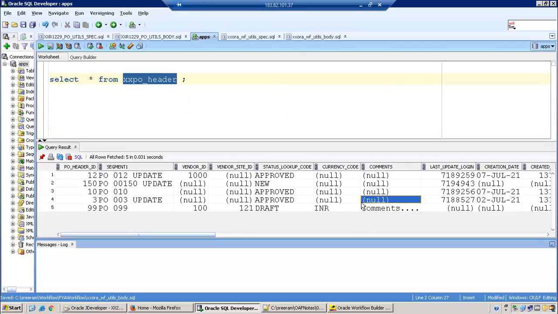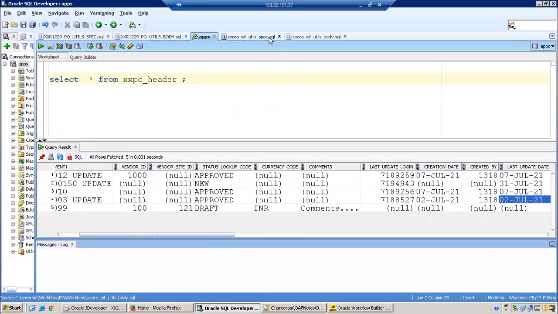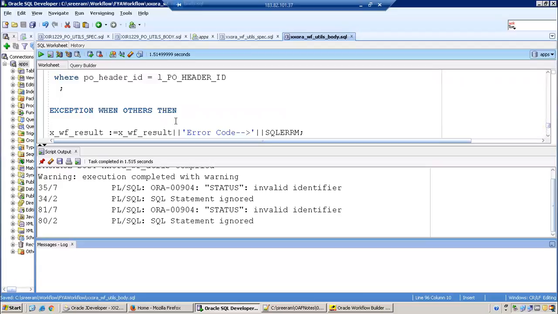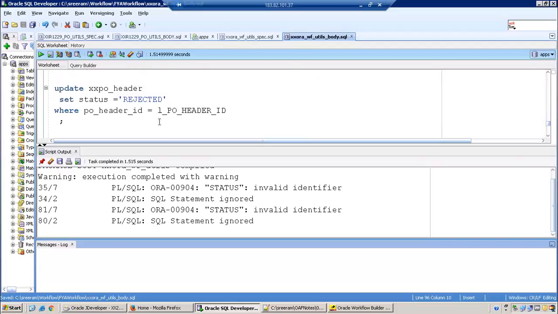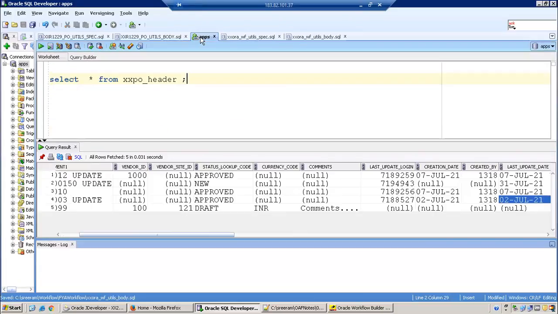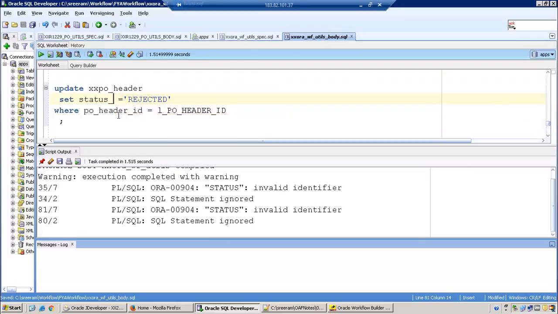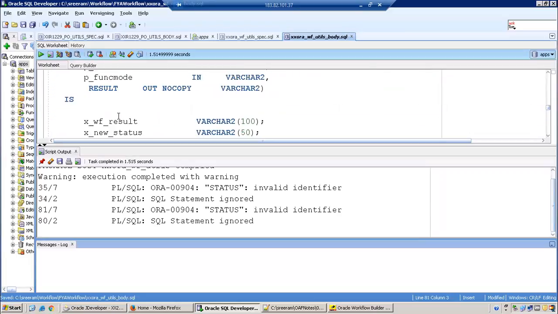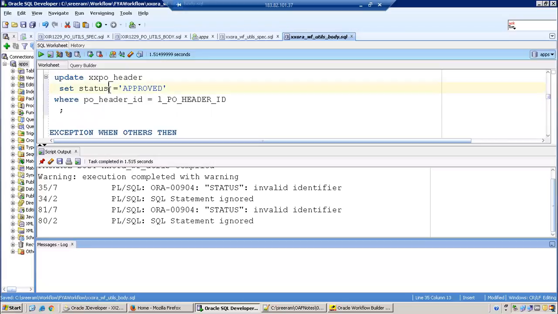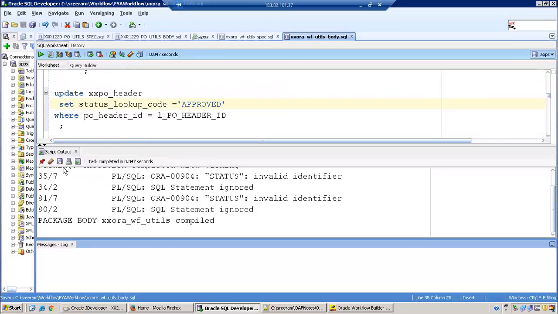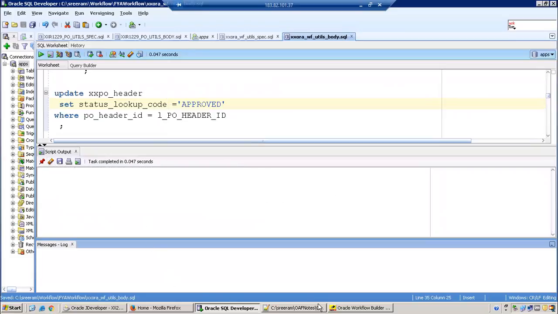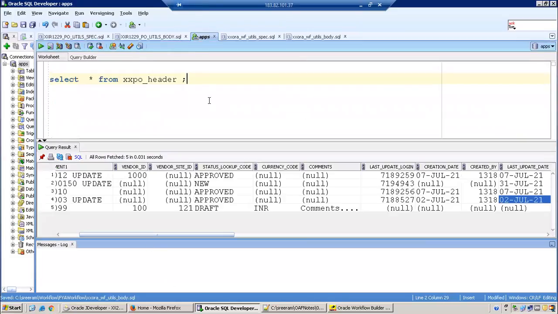Okay, status lookup code. Status lookup code. Okay, so it got compiled.